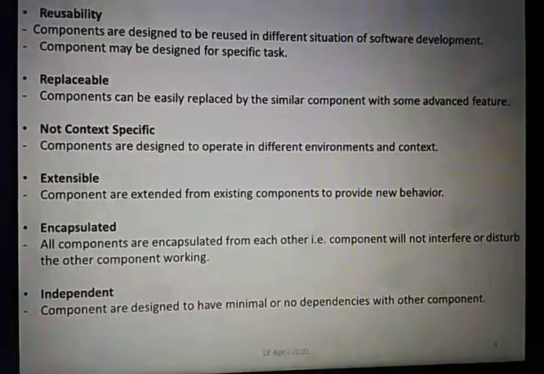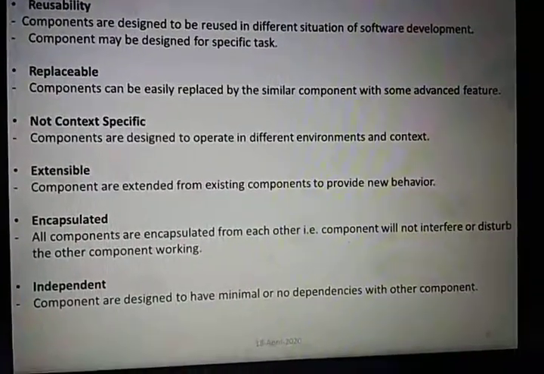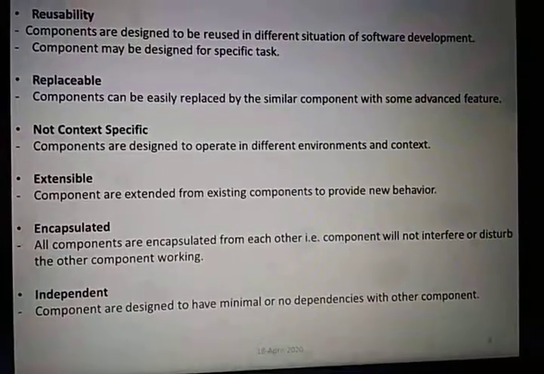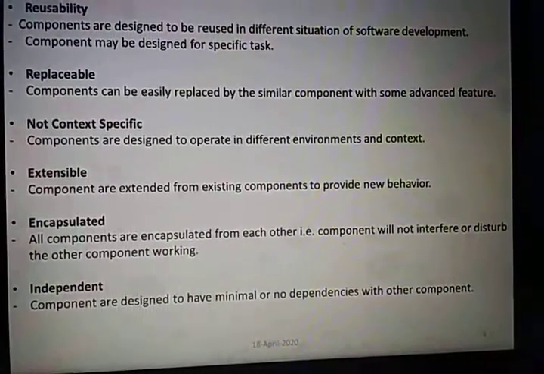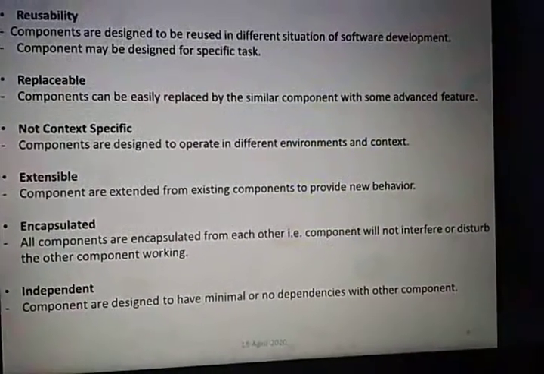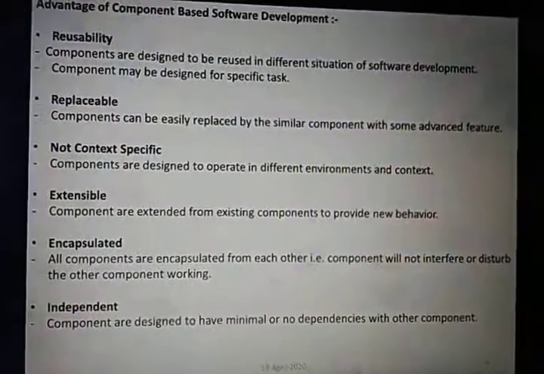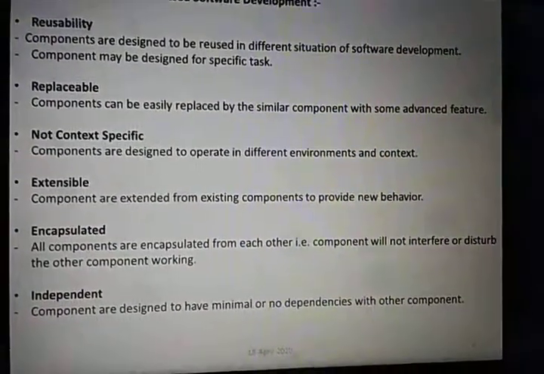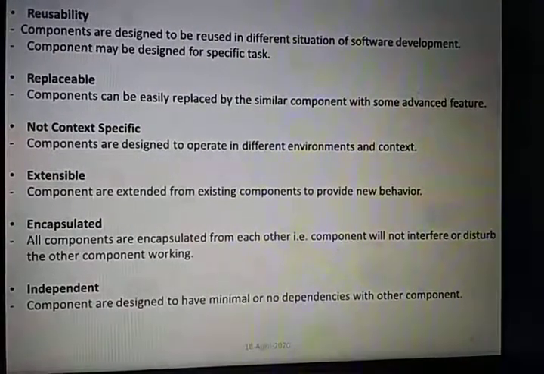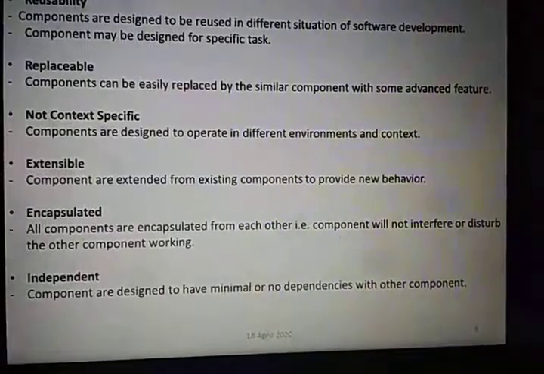Encapsulated, like a capsule. In a medicine shop we get capsules, and usually a capsule is in partition form, where half the part has one drug and the other half has a different drug. Same thing in programming. Encapsulated means every component is encapsulated from the others, so the functionality of one component will not clash with another.